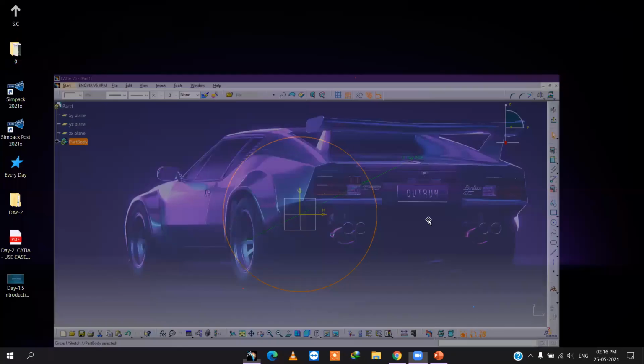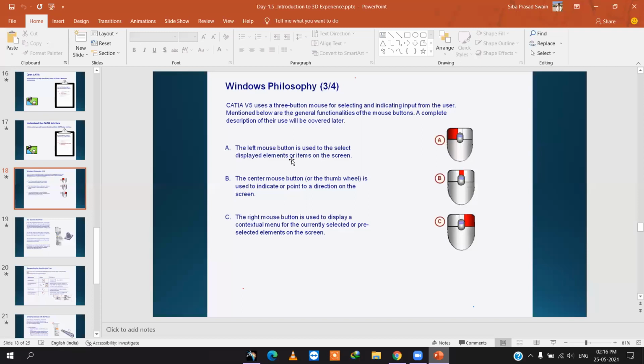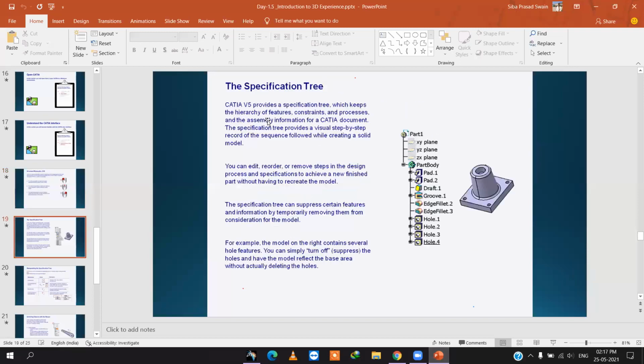After that, we have the specification tree. CATIA V5 provides a specification tree which gives the hierarchy of features, constraints, and processes, whatever processes we are doing, step by step, it will be recorded, along with the assembly information of a document.